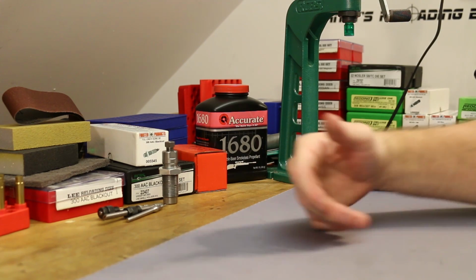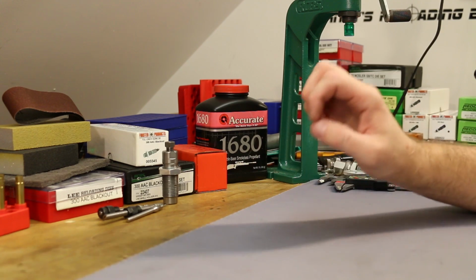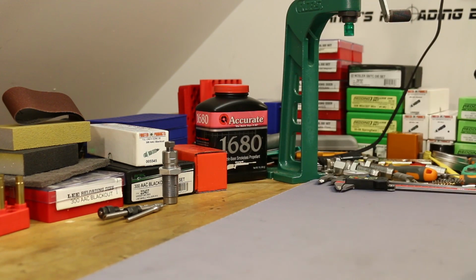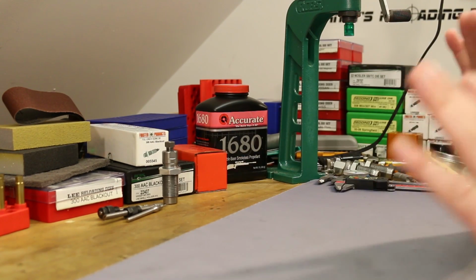Okay folks, it's time to continue our look at 300 blackout resizing dies. This is going to be video number 3. So if anything doesn't make sense, make sure you step back and check out parts 1 and 2. This is hopefully going to be a more focused video, maybe, because there's only one thing I want to accomplish